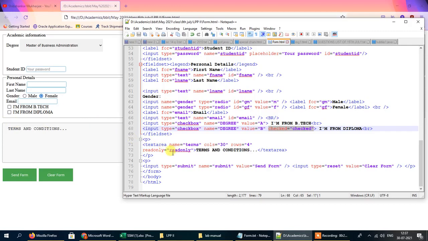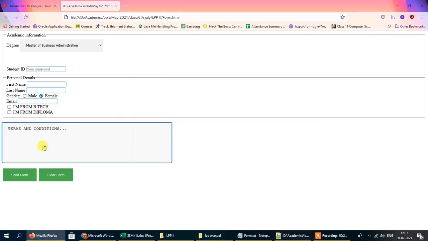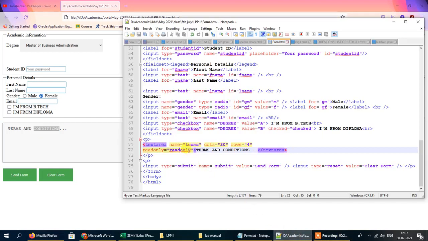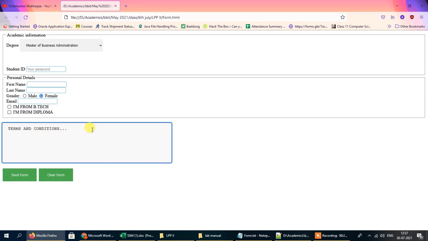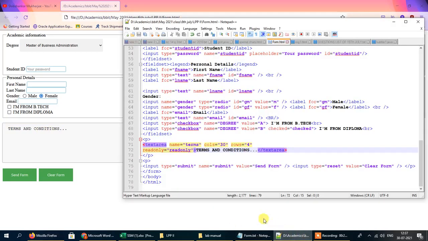And you can see that there is another attribute called read only inside the text area field. So the read only value has been set to read only. That means we cannot enter any text into it right now. As long as we set it to read only, we are not able to enter any value to this text field. So if you actually want to enter any value, you will have to remove this read only part. Okay,